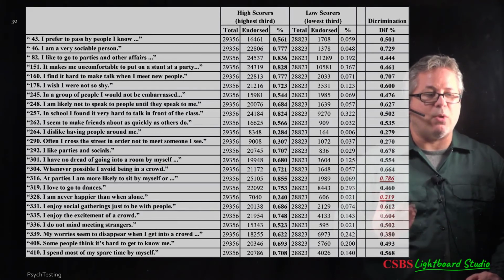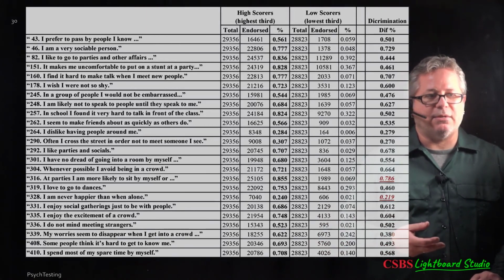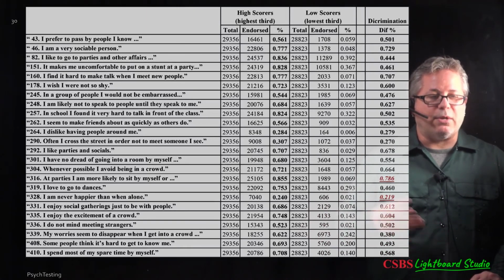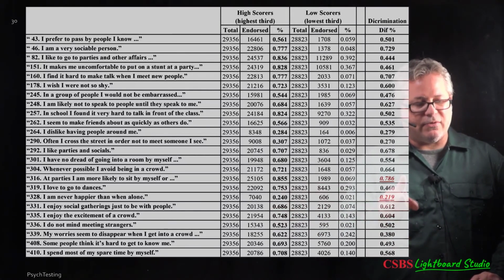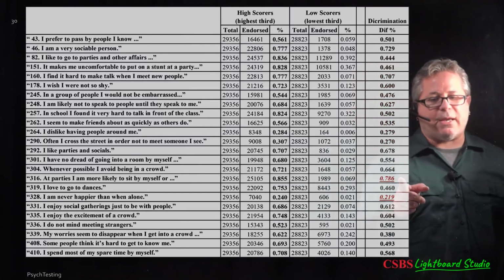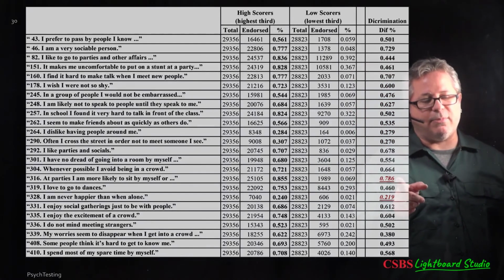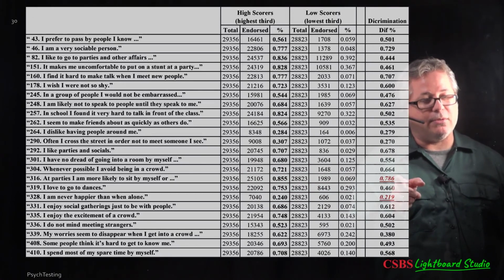So if I gave you just this one item, I couldn't tell if you were high or low in social anxiety. This item doesn't really tell me much about what group you might belong to. With this item, I can give you just this one item about avoiding people at parties, and if you endorsed it, it would probably tell me a lot about the fact that you're probably in the higher group. If you didn't endorse it, it probably tells me you're much more likely to be in the lower group. It's much more discriminating in terms of where you might be on the overall scale, the traits of social anxiety,